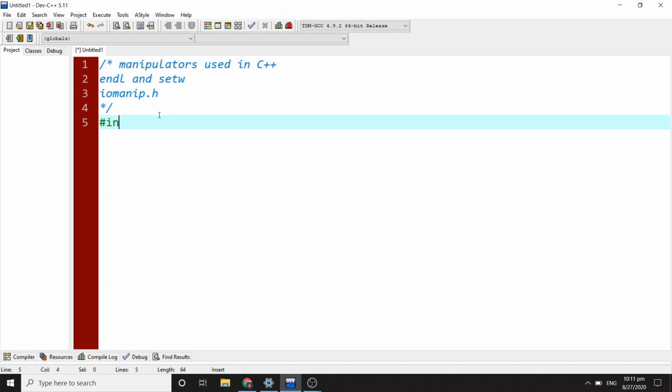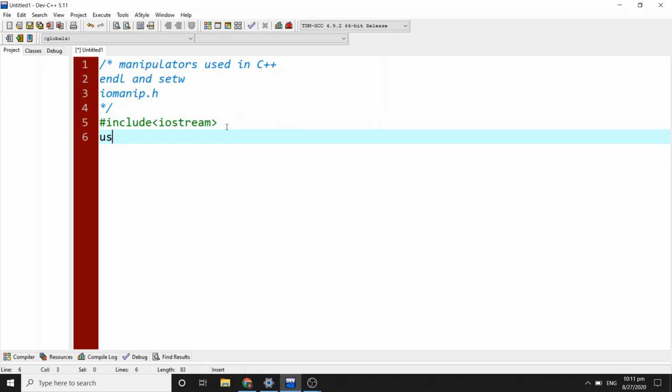#include conio.h, and always remember that if you are going to use the endl manipulator, you don't need to add a header file with it. But when you are going to use any other manipulators like setw, you will include the file iomanip.h. And if you are going to use just endl for a new line feed, you don't need to enter any header file with it. Using namespace std;